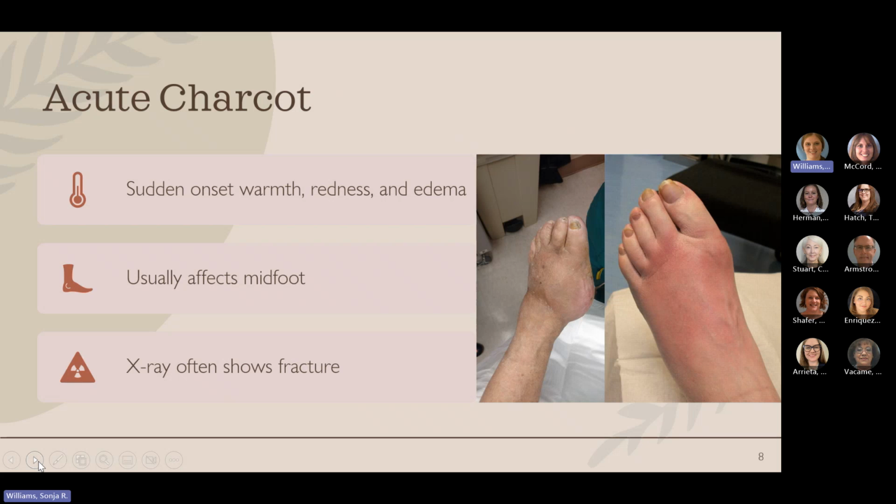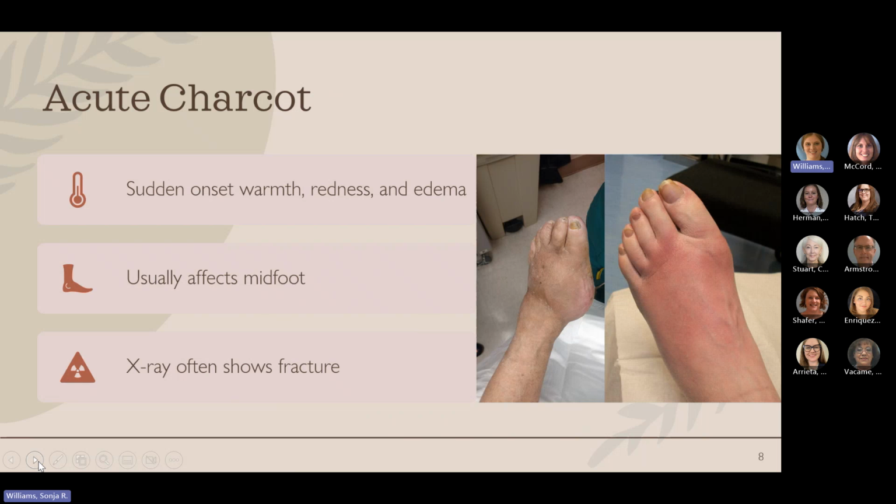Charcot is probably the most commonly misdiagnosed one, both in emergency care, urgent care, primary care, and even in podiatry itself. It's very difficult to learn to evaluate between Charcot and infection because they do present with a lot of the cardinal signs of infection, including warmth, redness, swelling. There's pain associated, and then these are patients that are neuropathic, so they typically don't have pain in their feet,